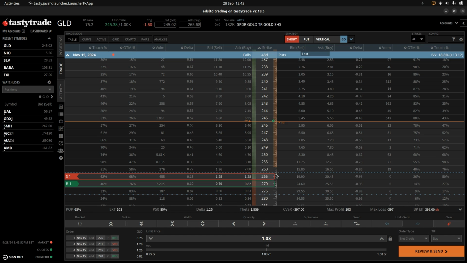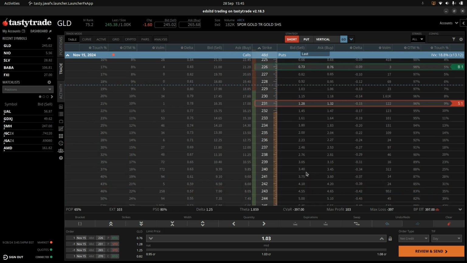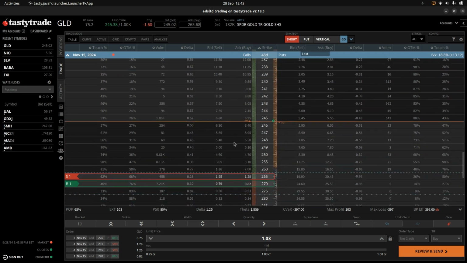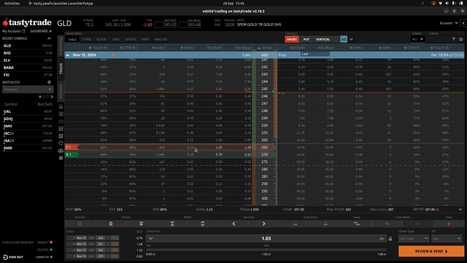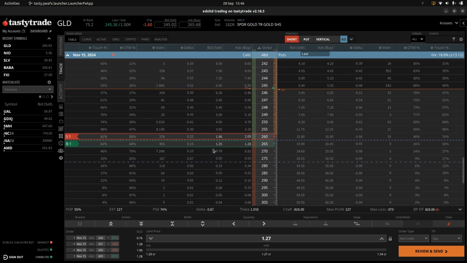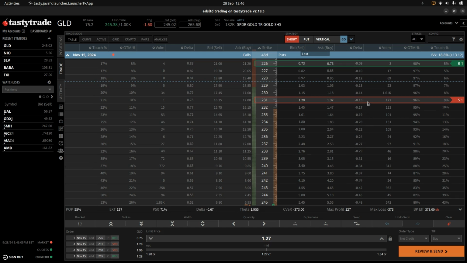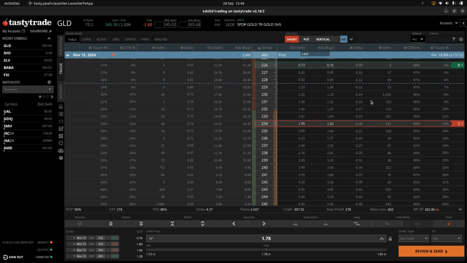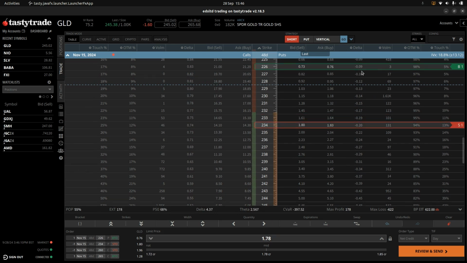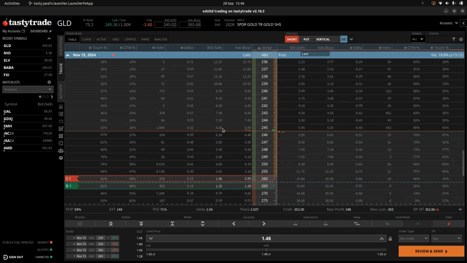Now, if you wanted an even higher return on capital trade, and if you are going to sell a covered position like this, I would actually advise to go a little bit heavier on the delta. Maybe go closer towards a 20 as opposed to the 15. And we just keep that $5 wide. You don't want to increase the width. You want to keep the width the same. So $5 wide on that side, $5 wide on this side,